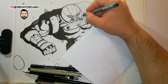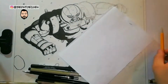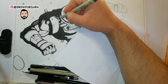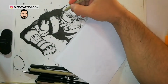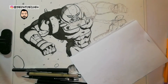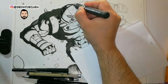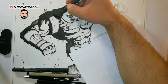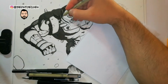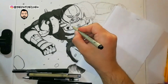When you're looking at your own stuff, especially your own drawings, for too long, you may find it difficult to like your stuff. But if you finish the drawing and then just put it aside for a few weeks or a few days or whatever, and then go back to it and look at it again, you may end up finding it more to your liking than you did in the beginning. Or maybe you will find all the flaws that you didn't see in the beginning, which may be the case as well. But the important thing is that